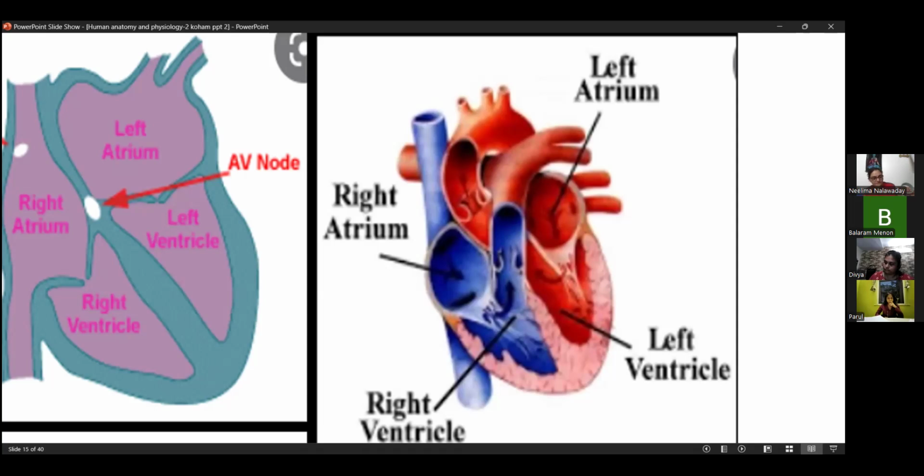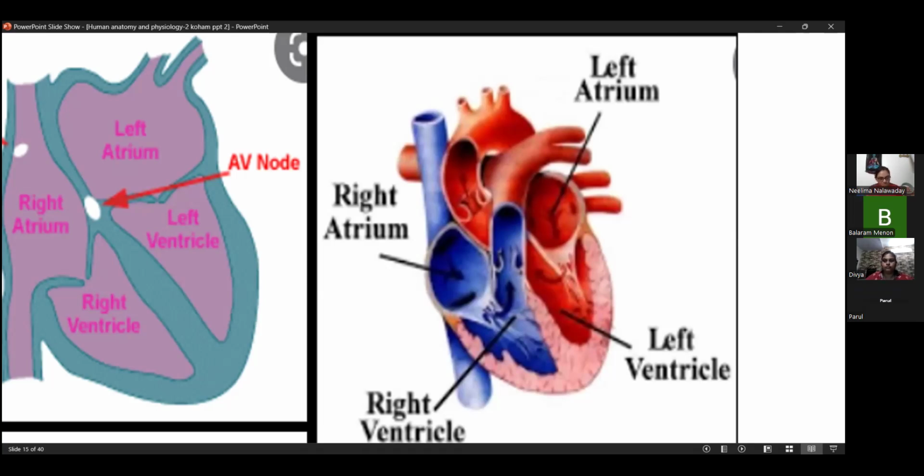And on the left side, there is oxygenated blood. Because we know how blood gets oxygenated. First, it comes to the heart. And what is the function of the heart? It passes it towards the lungs. Then the lungs have oxygen molecules. They transport these molecules into the blood. And again, the lungs transport this blood towards the heart.